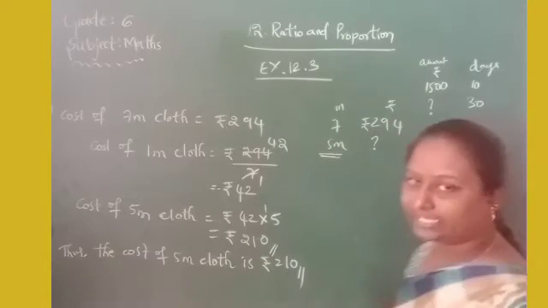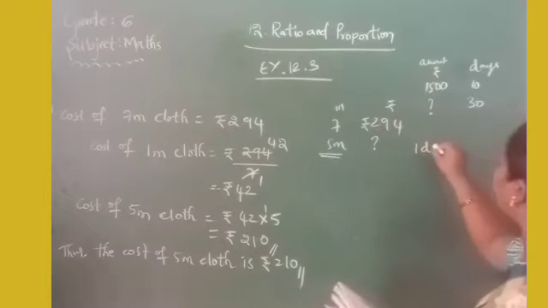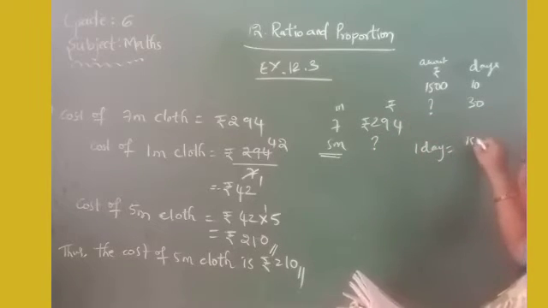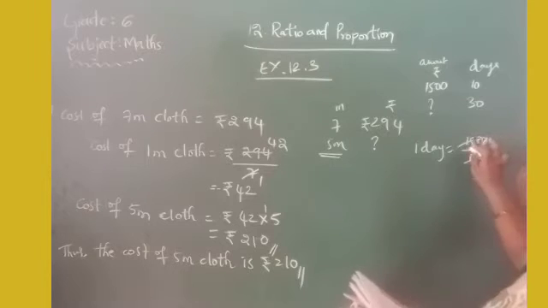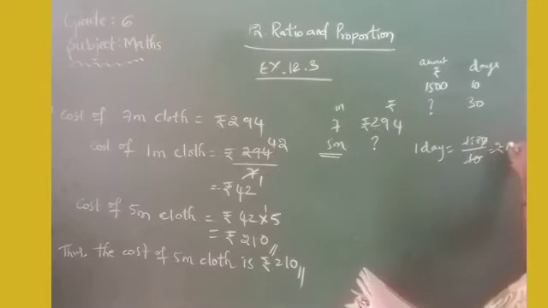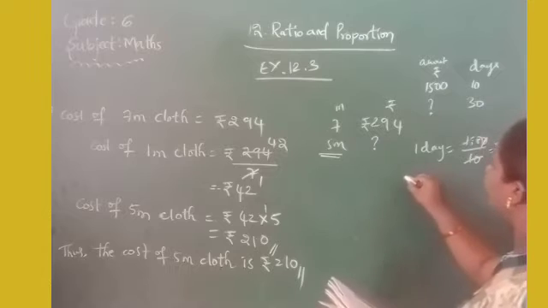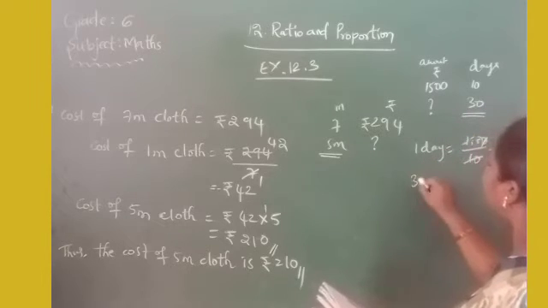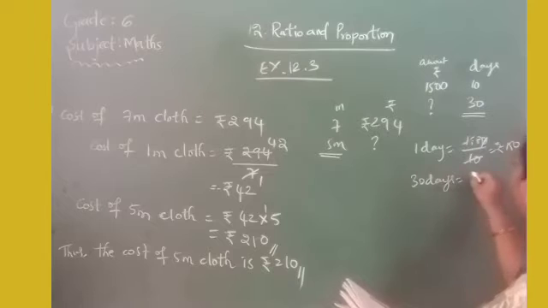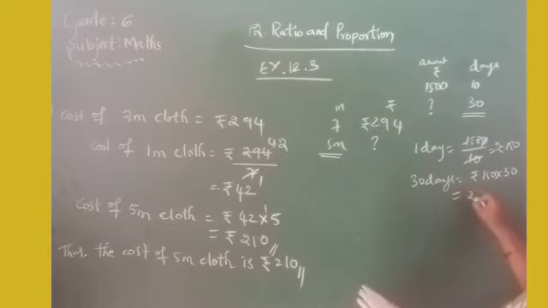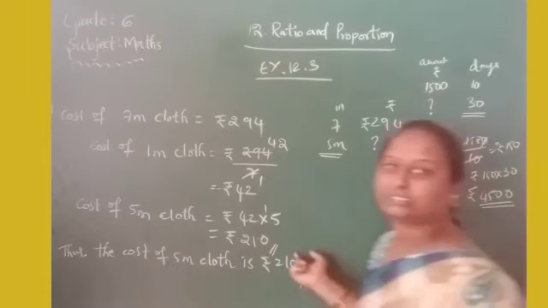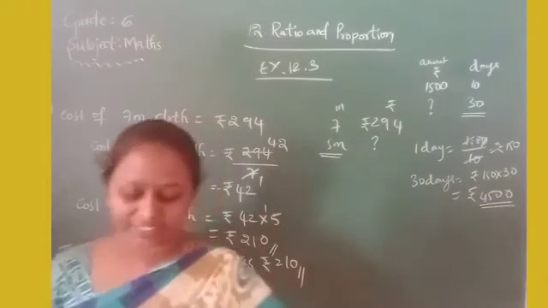So Ekta earning 1 day. So 1 day is equal to how to write? 1500 by 10, so you will get 150 rupees. Yes, 150 rupees. Right. So 30 days means in 30 days how much will she earn? 150 into 30. So multiply 0, 0. 15 3s are 45. 4500 rupees. Okay. That one you have to solve like that.